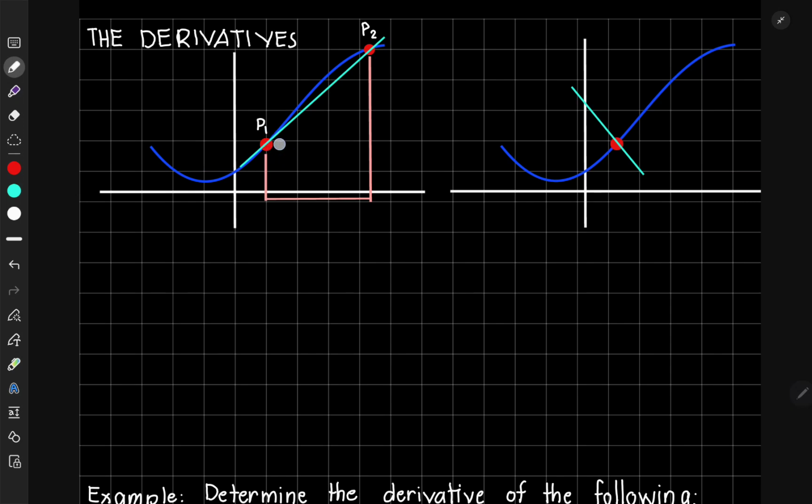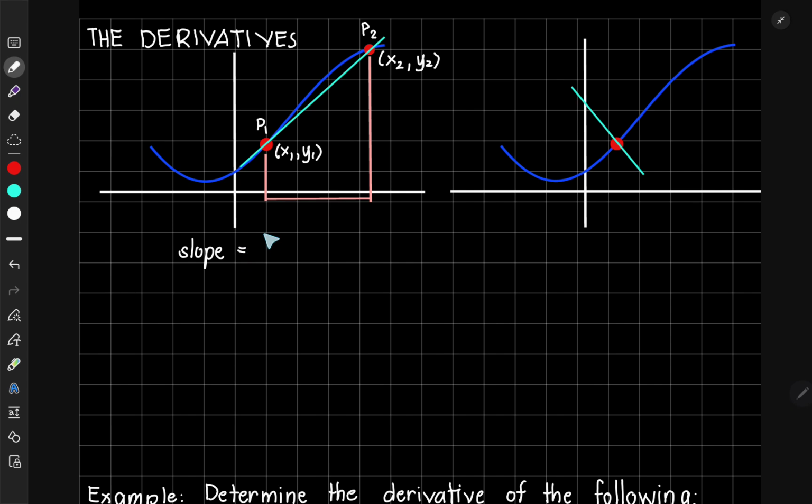So for P1, we have x1 and y1. And for P2, we have x2, y2. So connecting these 2 points with a straight line, itong line na to, we call this the secant line. And getting the slope of this secant line, which is